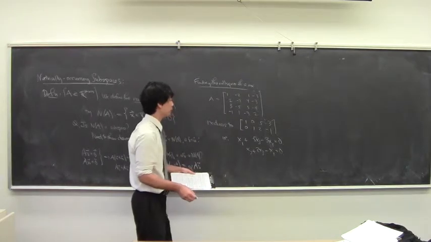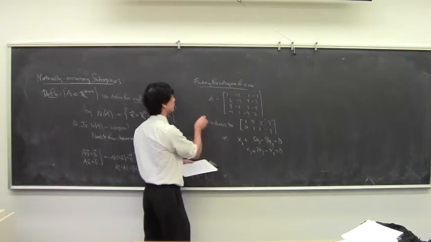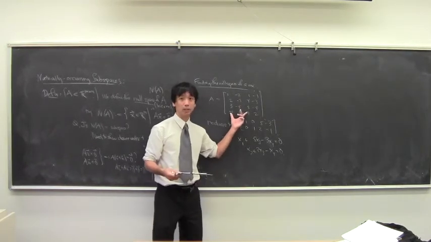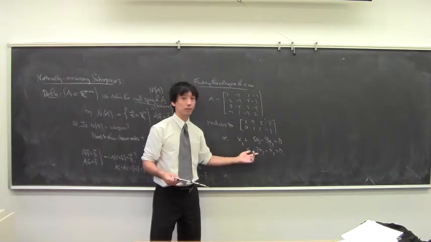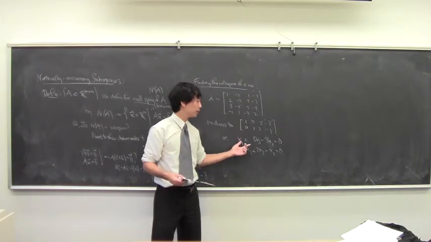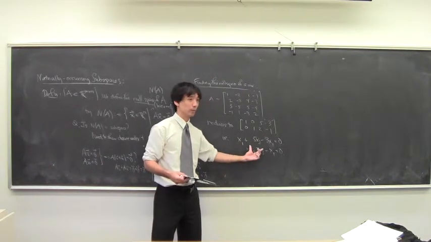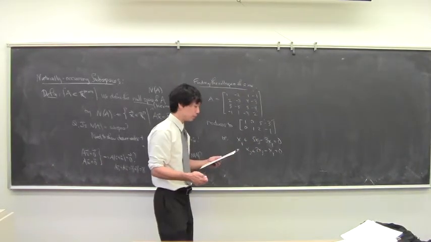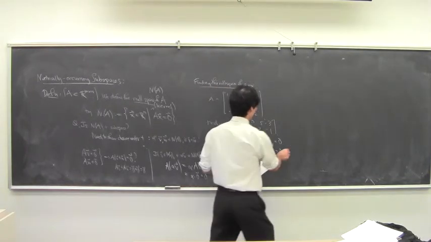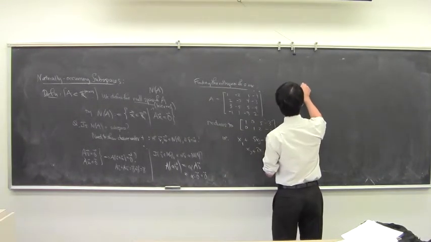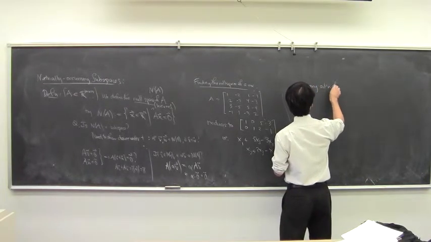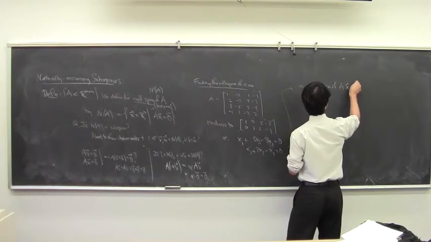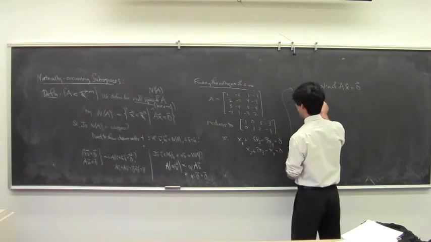If you're considering the null space, you want to find x1, x2, x3, x4 such that the product is 0. And so you end up with this system of equations, just as you did before. So any solution of Ax equals 0 must be of the form